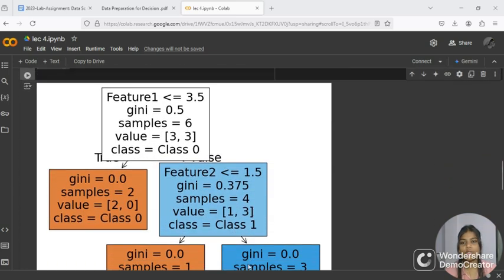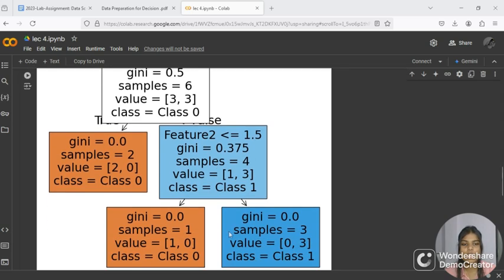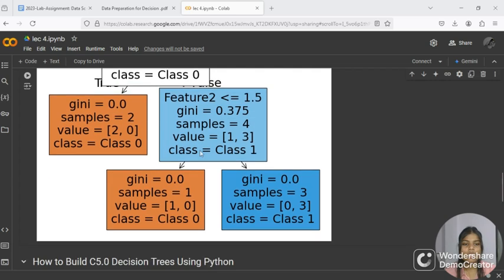So this is the output for the code, in which the tree starts with a root node that represents the first feature, feature 1. The root node is split into two child nodes based on the value of feature 1, which is less than 2.5. The left child node is further split into two grandchild nodes based on the value of feature 2, which is less than or equal to 3.5. The right node is predicted to be class 1. The left grandchild node is further split into two great-grandchild nodes based on the value of feature 3, which is less than or equal to 1.5.